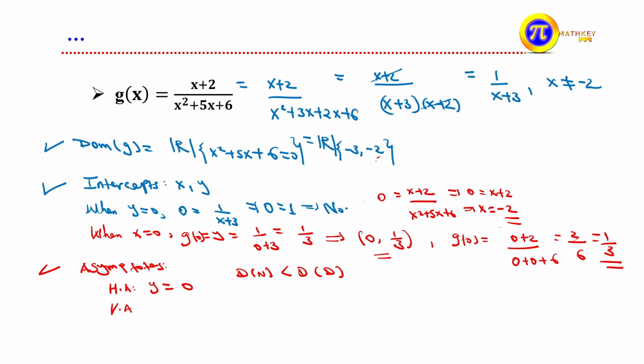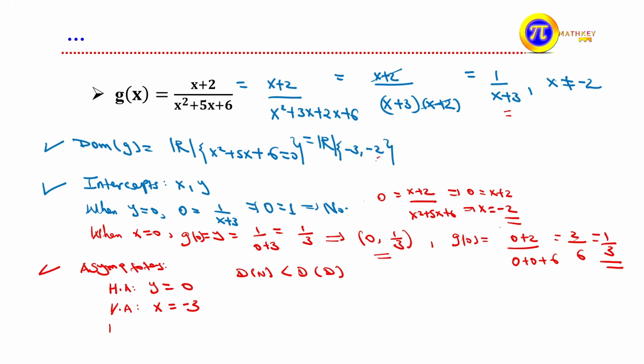Vertical asymptote for our function is the zeros of the denominator which is not common factor. እዚህ ጋር zeros of denominator ስንመጣ x is equal -3 እና x equal -2 ይሆን ነበር። ነገር ግን x plus 2 common factor ስለሆነ we arrived at the simplified one ነው የምንወስደው for the case of vertical asymptote. That means x is equals to -3 ይሆናል።